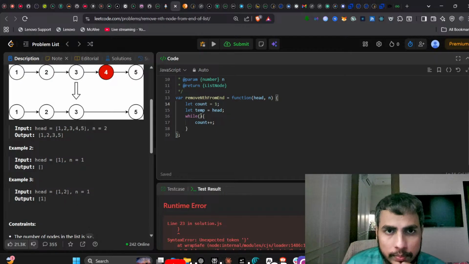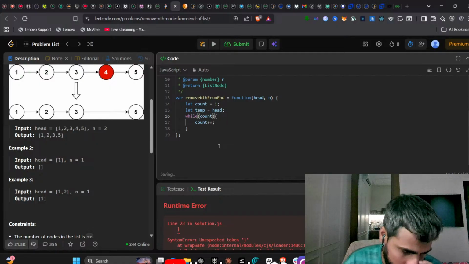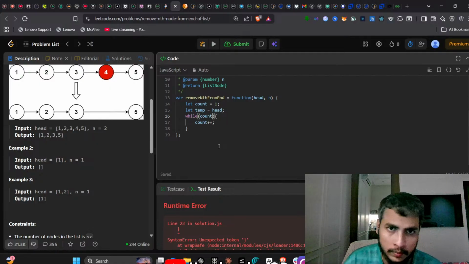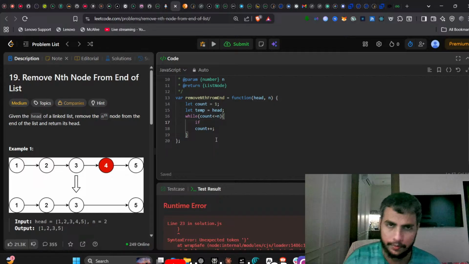Count is gonna be 1. Count is smaller than or equal to n. Okay. Smaller than n basically. Okay. If count equals n,